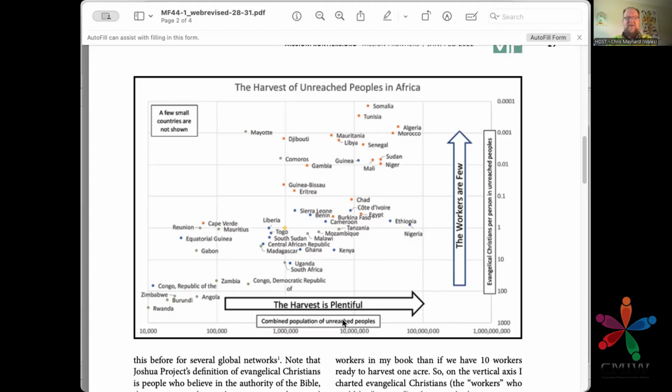Now, I use different indicators to help me plot these charts at different times. Sometimes I will use population, the total population, to indicate the harvest is plentiful, or the total of non-Christians. And sometimes I'll use the total of Christians here, up this side, reducing as we go to show the workers are few. It depends what I'm working on, but with this activity, we were specifically looking at unreached people groups. And so I used the population of unreached peoples here, and I wanted to use evangelical Christians here at this point,